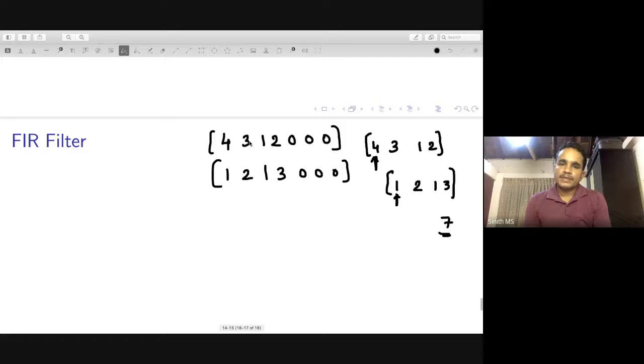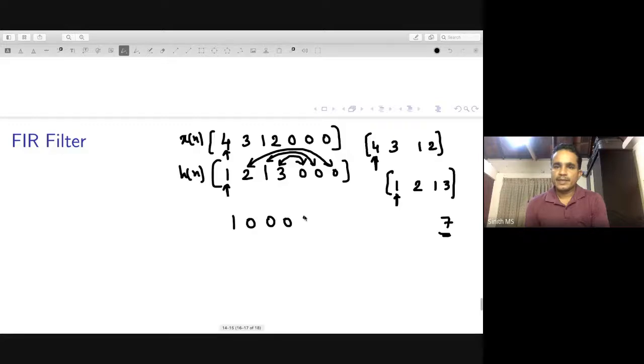Now with these two you do circular convolution. So to do circular convolution, what will you do? We'll use this notation so that you can be familiar with it also. So this is x of n, this is h of n. You do circular convolution, first do time reversal. You can draw a circle and shift that way also. This and this will be interchanged, this and this will be interchanged when you do circular time reversal. So basically you will get 1 0 0 0 3 1 2.